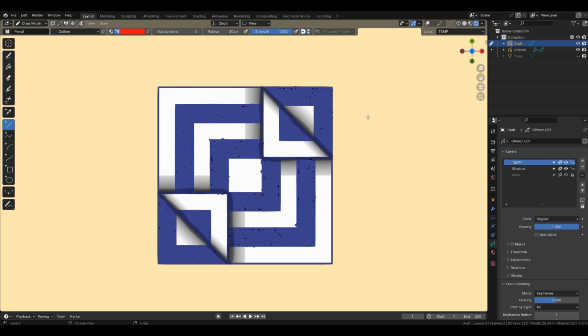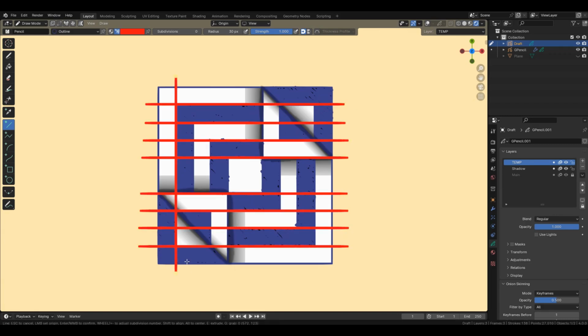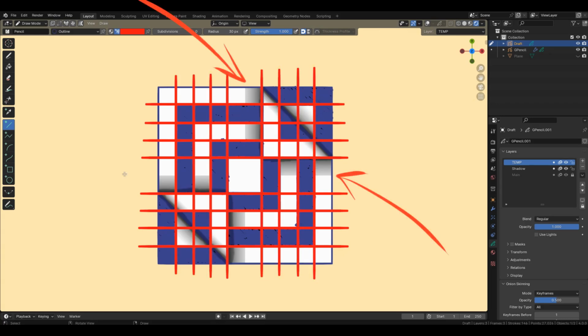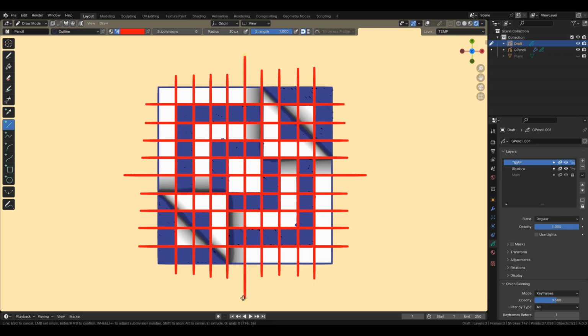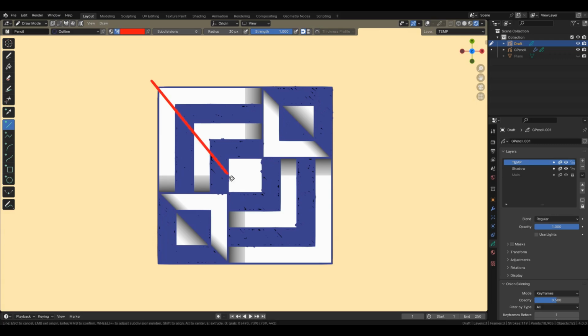To understand what grid we need for the guide, I will again draw lines through all the points. We have 8 horizontal lines and 8 vertical lines. The distance between the lines in the center is twice as large. Therefore, it will be easier to make 9 cuts and then remove the central ones. One more important point. The figure is symmetrical, and we will take advantage of this. We only need to draw half of it, and the rest we will mirror using the modifier.